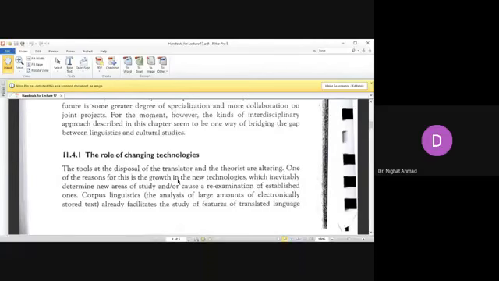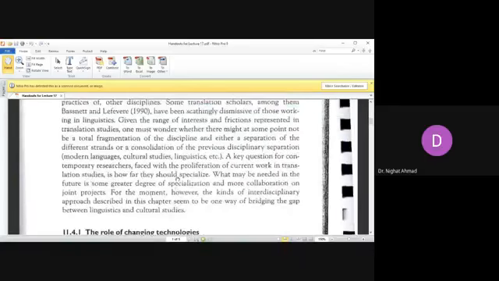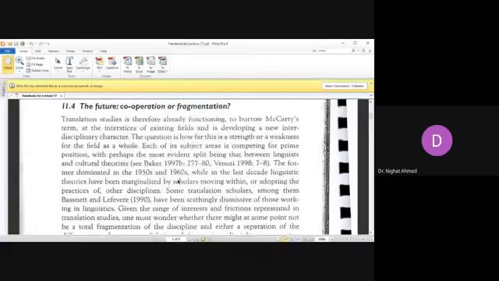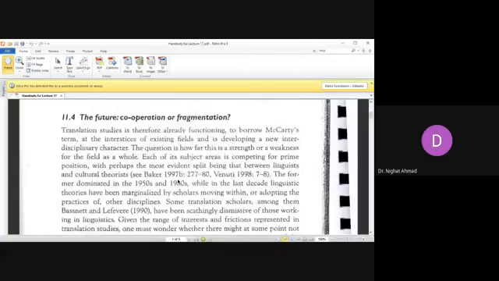read a little bit, if I read from the previous part to you, just for it. It is a kind of introduction to what it's all about. Okay, so this topic again is taken from your source text, the same one, Translation Studies by Jeremy Munday. So the future or cooperation of fragmentation. Translation studies, we're talking about how translation studies is moving on in the 20th century, 21st century to be